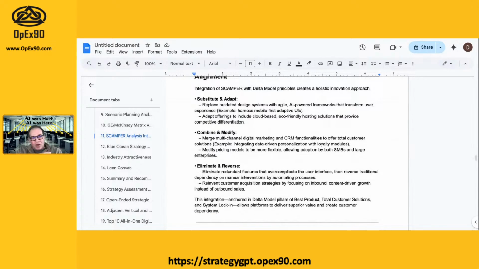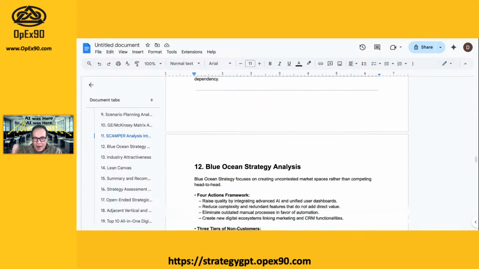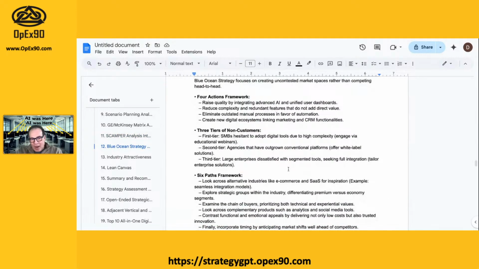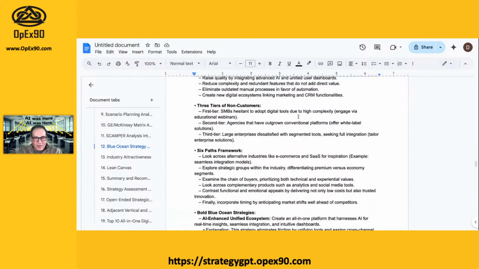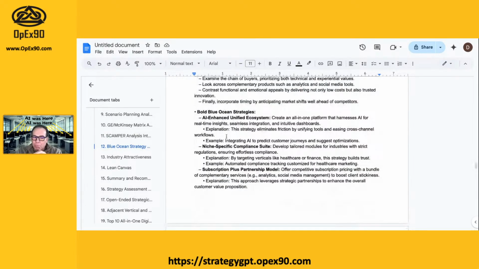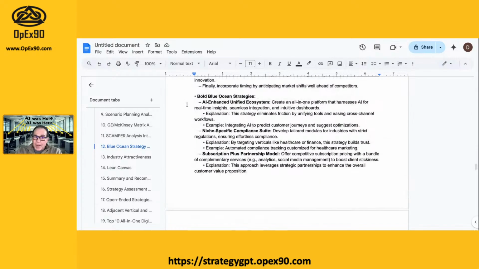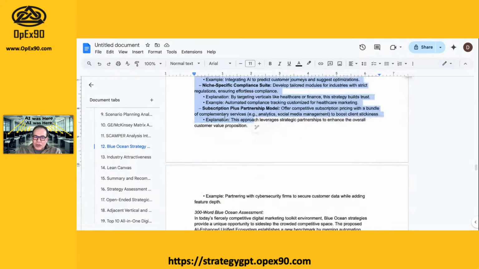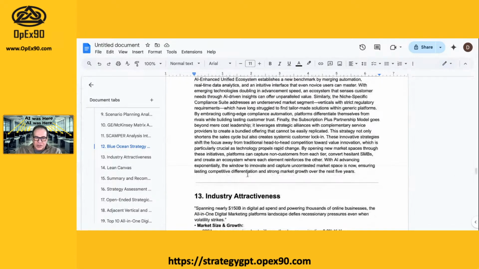It was a different way of looking at your business. You might compete on low cost. You might compete on innovation, and you might compete on system lock-in where people are locked into your product. So it gives you that. Again, here now we have our blue ocean strategy, which we just looked at, very similar. This was summarized. Here are some really bold actions to take. So it created slightly different because it's not as detailed and it doesn't have all the information that we just saw, of some possible strategies for you to dominate in a marketplace. And again, it gives us a write-up.